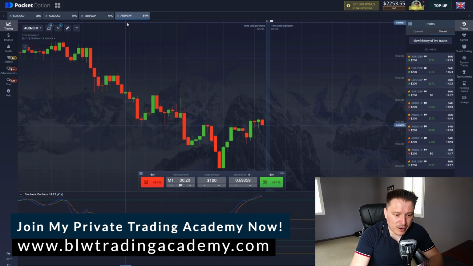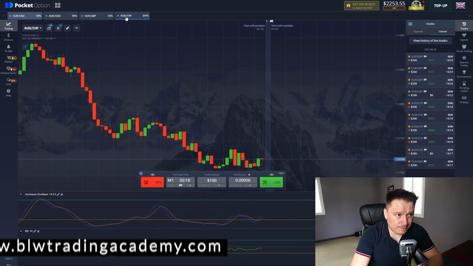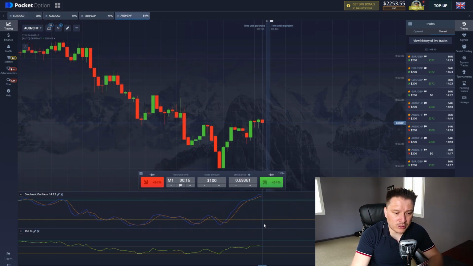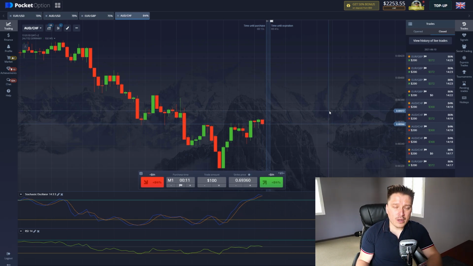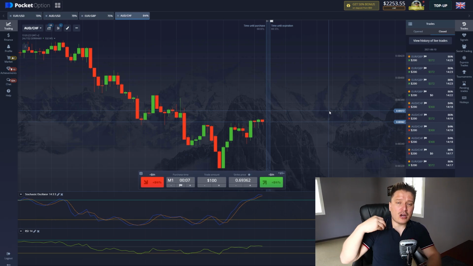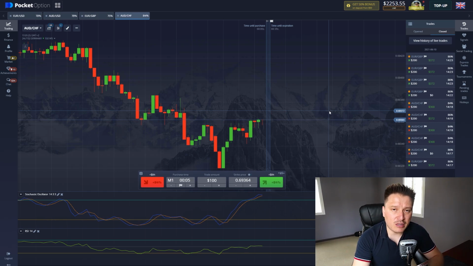As a matter of fact, right now, I don't have any entry points. You can see that there are overbought levels, but the RSI is not touching the 70, so we're not gonna enter there, okay? Now, what I'm going to do is share with you the other clip with the other trades that I was able to place in this specific session, and then I'm gonna give you a few extra tips so that you can keep on making money. So let's go ahead and